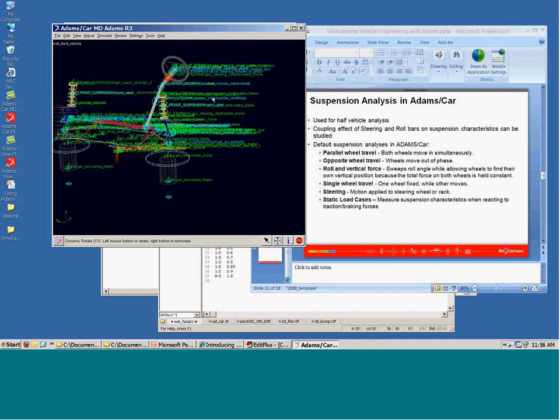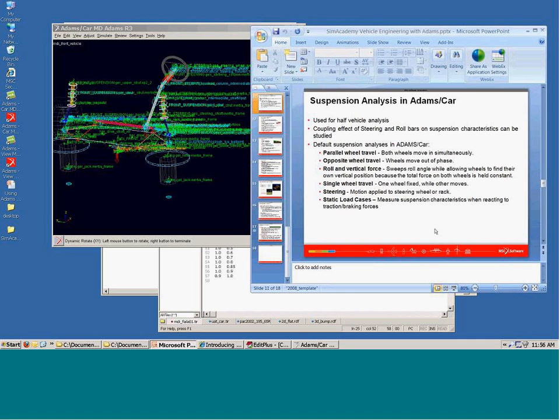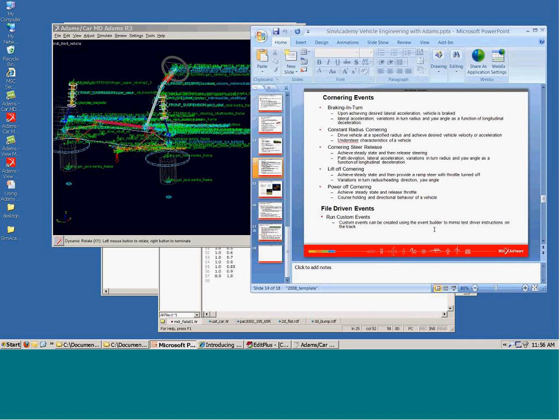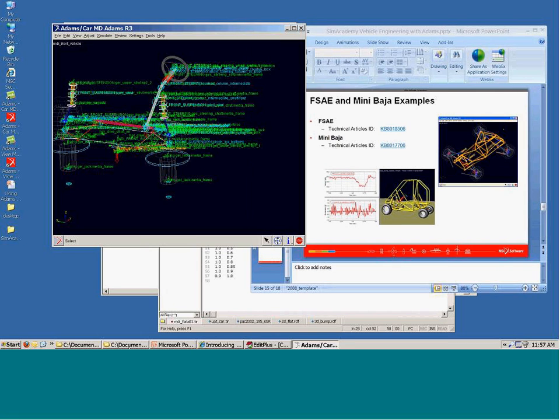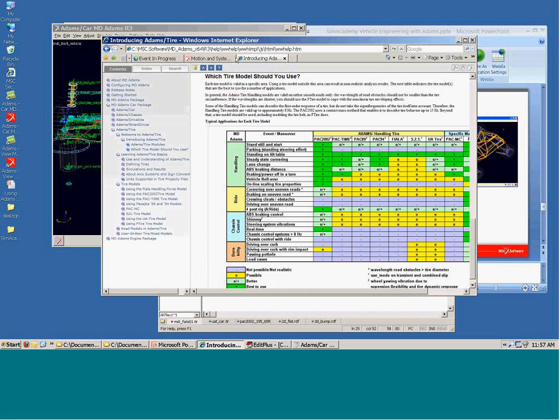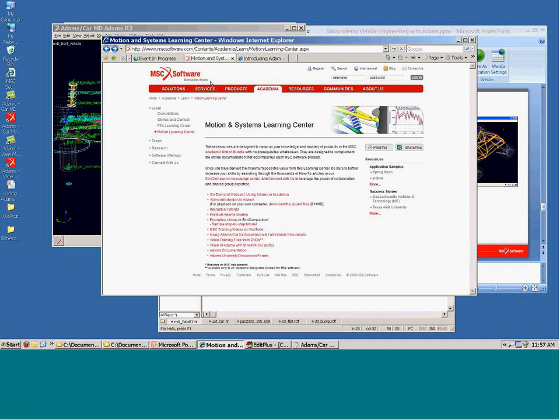So generally the process we follow is you start off with some suspension, you modify it, and get the right suspension kinematic and compliance characteristics. Once you have that, you then move on to full vehicle analysis. I don't want to stretch this too long, so I'm going to jump a little ahead. Before talking about full vehicle analysis, I'll use the Mini Baja and Formula SAE example to showcase it. So what MSC also provides are, if you go to the MSC software webpage,